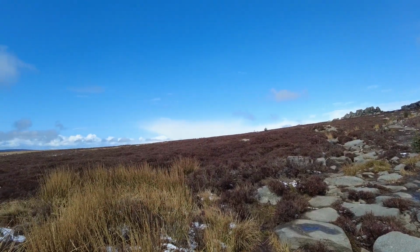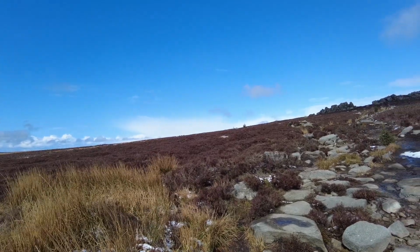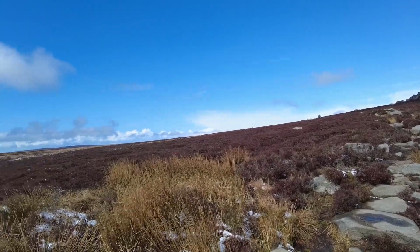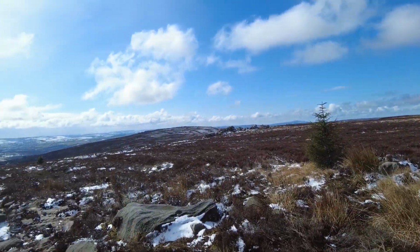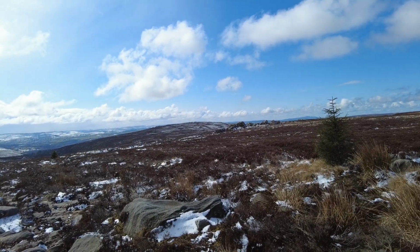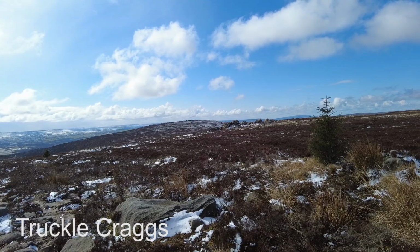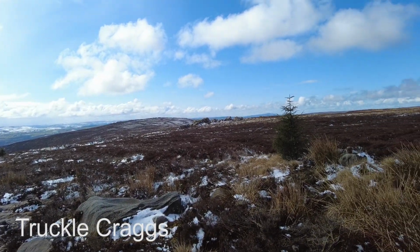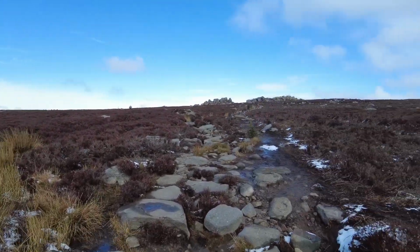I missed the turn, I think. Well, I did miss the turn. I went a bit further than I needed to and had to turn around and come back. I'd underestimated how far I'd walked, so I missed my right turn. But you come up from the main path. You have to strike up past this little set of rocks here, and then Simon's Seat is just on the